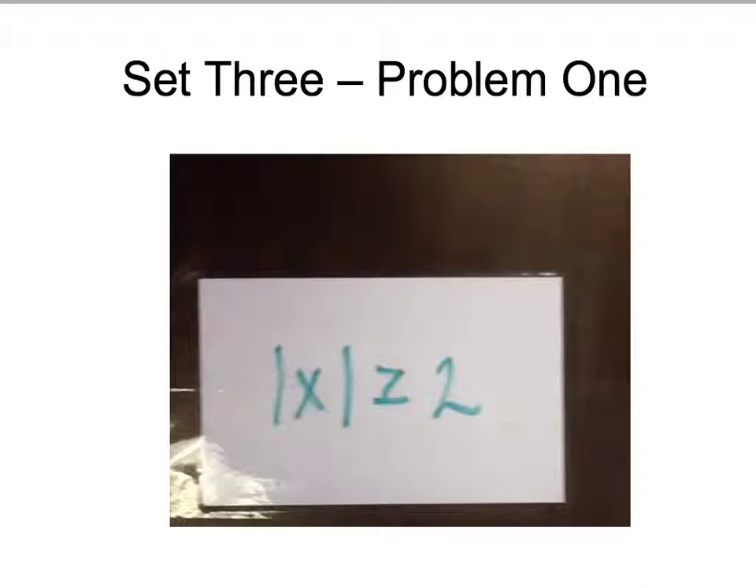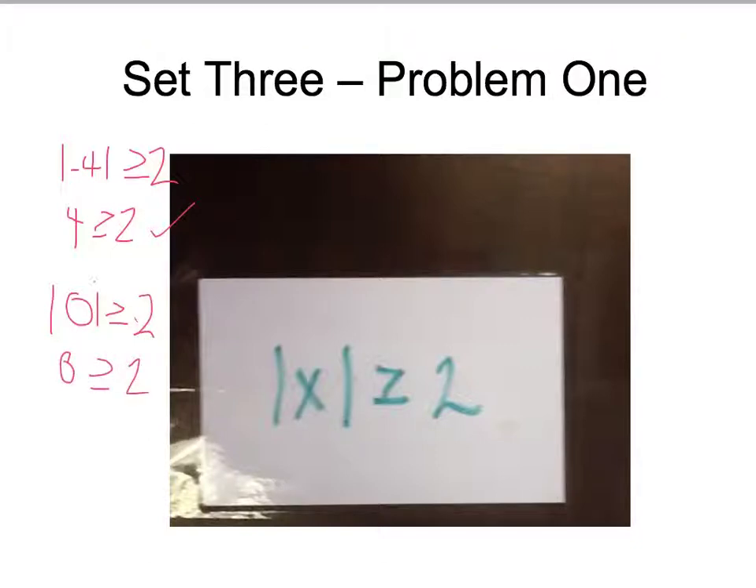So again, we just start plugging in numbers. For example, if I were to plug in -4 for x, the absolute value of -4 is +4, and that is a number that's greater than or equal to 2. If I plug in 0, the absolute value of 0 is just 0. Oops, I didn't mean to write that. I meant to finish writing the inequality. Okay, so 0 is not a number that's greater than or equal to 2,